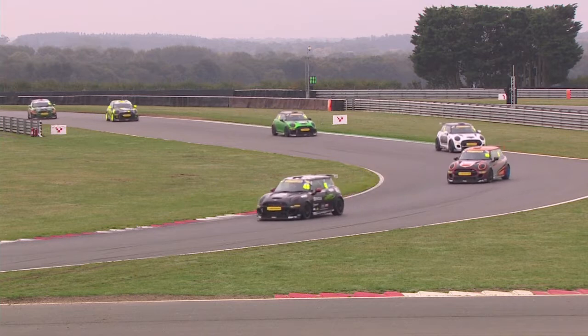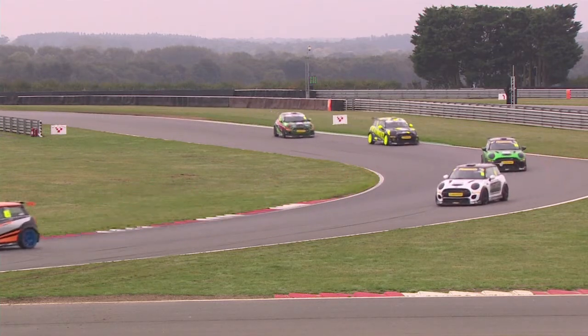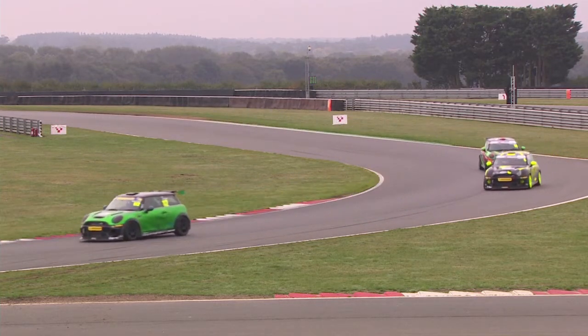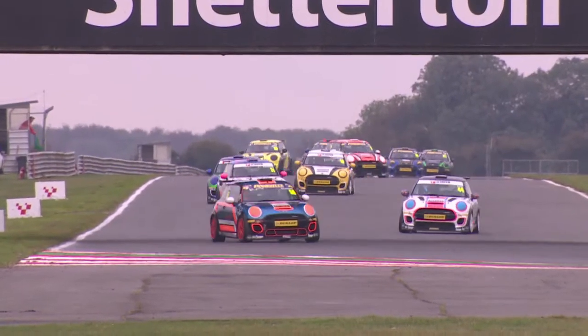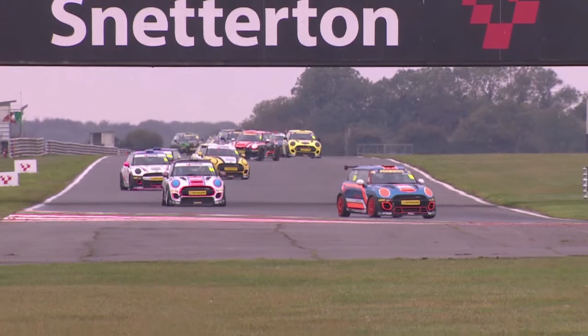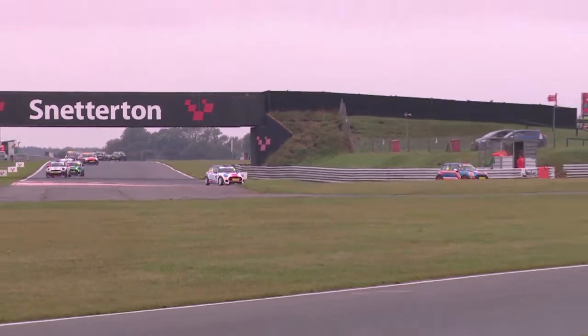Callum's dad, of course, a former touring car racer himself. So all the runners are safely installed on their last lap. James Griffith goes through, Tom Rawlings at the back of the field, but it's Harry Gooding who is up front